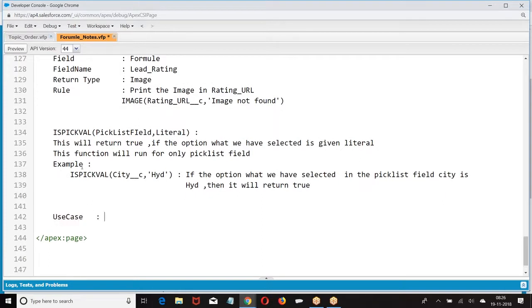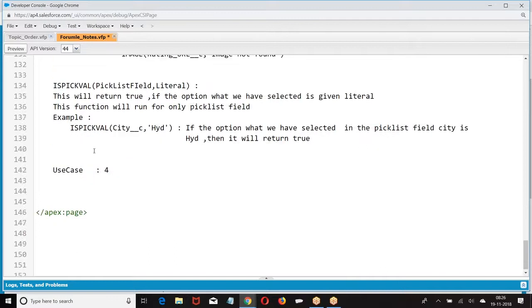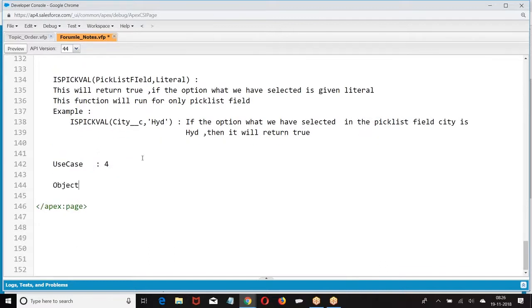Use case 3. Now I have taken an object. It is a custom object which you are supposed to create. Existing fields: loan type.